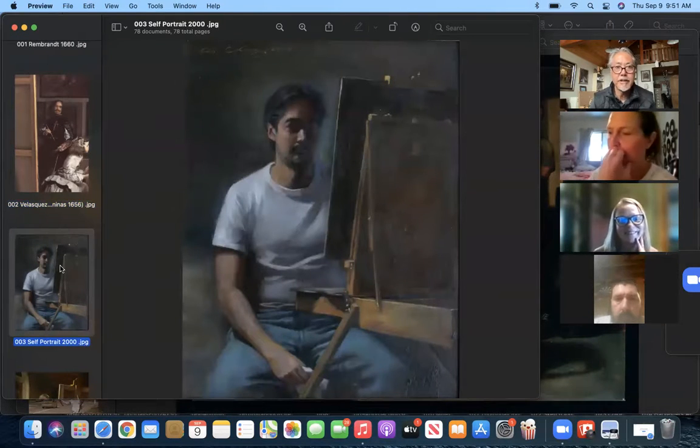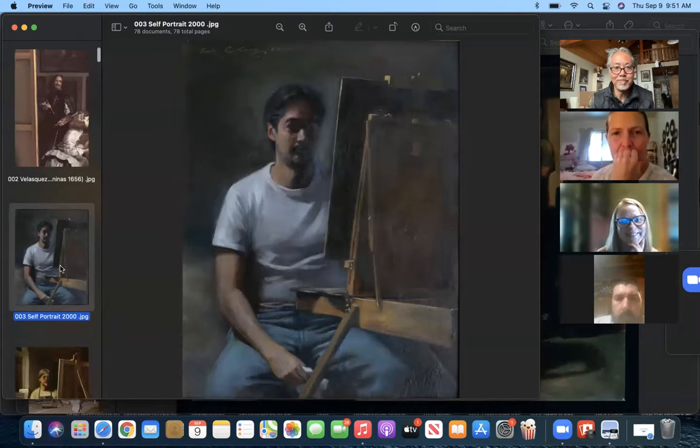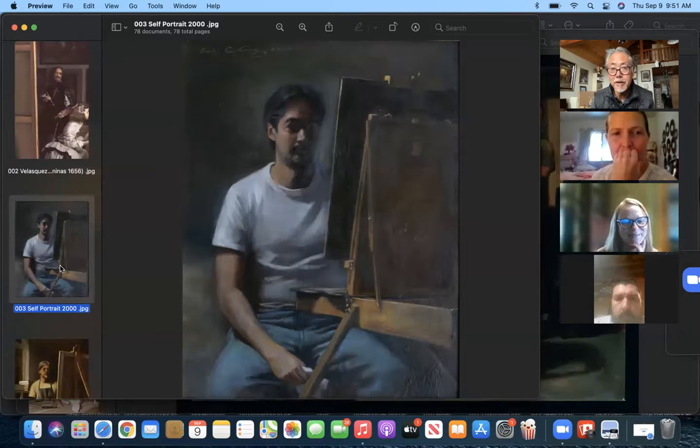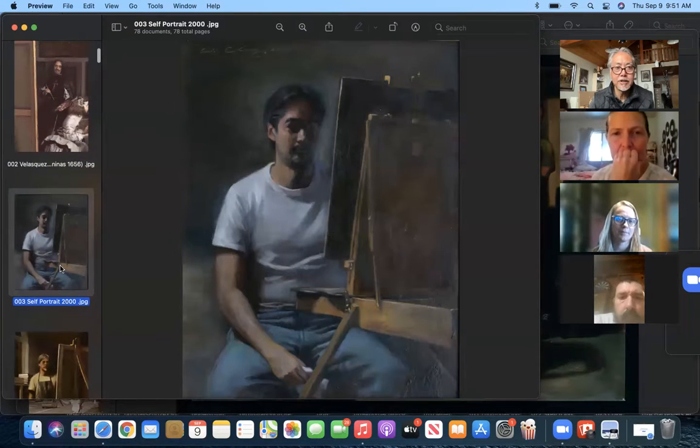This was done in the year 2000, so it's 21 years ago. I was a much younger man with black hair, and that's what happens. We all get old. I painted this from life, from a mirror. You won't be required to work from a mirror in this class. You'll be working from photographic references. But this was from a mirror with the light, in 2 sessions. It was 2 3-hour sessions on 2 consecutive evenings.